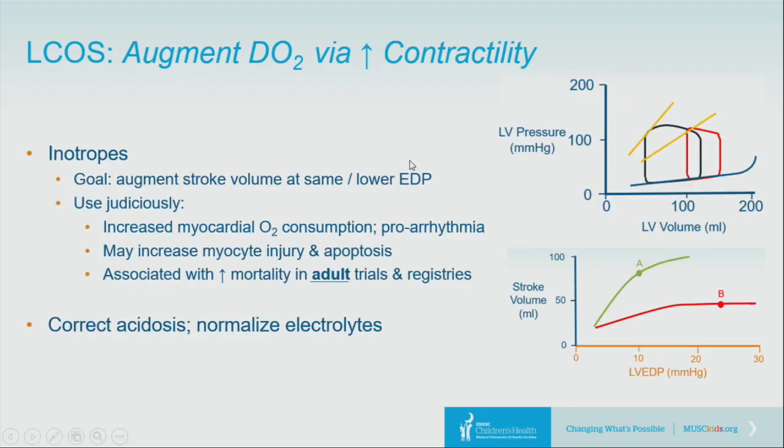So what about augmenting contractility? Well, the goal here obviously would be to augment your stroke volume at the same or lower end diastolic pressure. So you want to take this abnormal pressure volume loop in the red here and shift it back as far as you can with inotropes to approximate a normal pressure volume loop. And similarly, on the Frank-Starling mechanism, you'd like to get from point B over here closer to